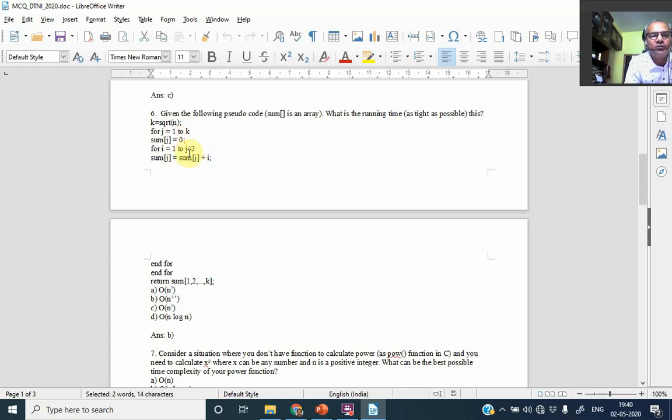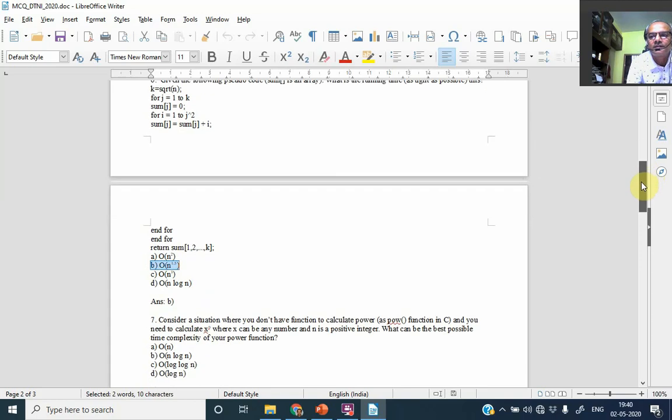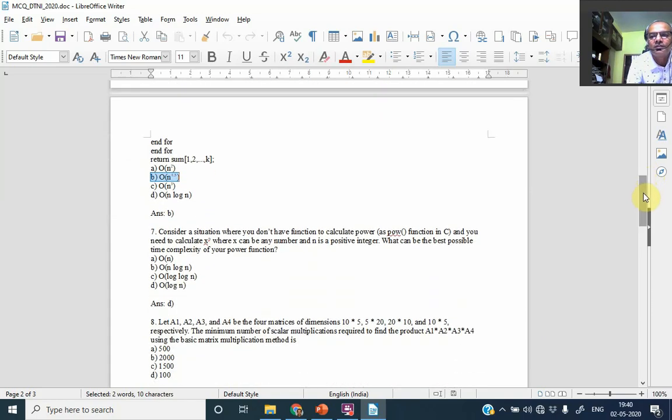As we want to find the upper bound, the maximum worst case complexity, the outer loop will run root n times. Under this, the maximum number of times the inner loop will run is n, because the maximum value is square root of n, and its square is n. So n into square root of n will be the complexity. That means this B answer is right. B is the right answer, n to the power of 1.5, for problem 6.